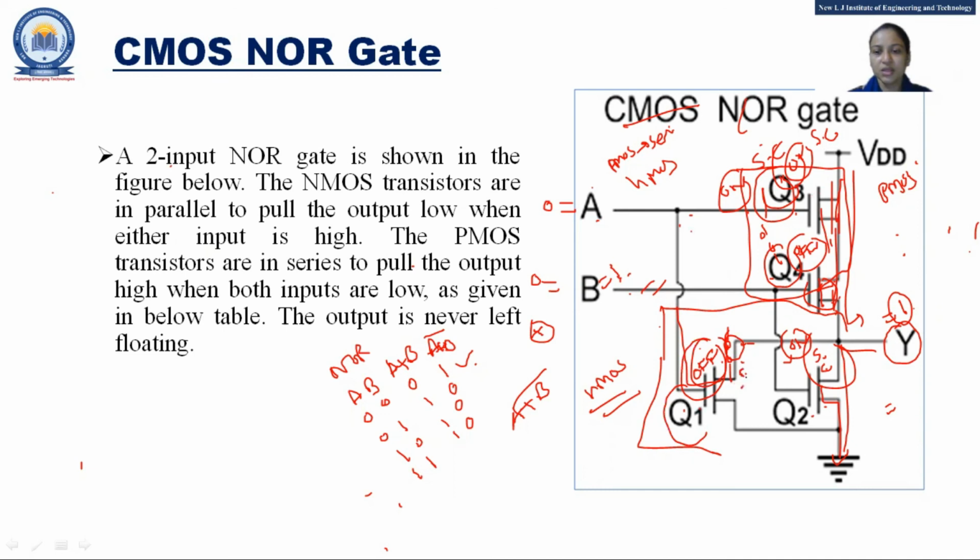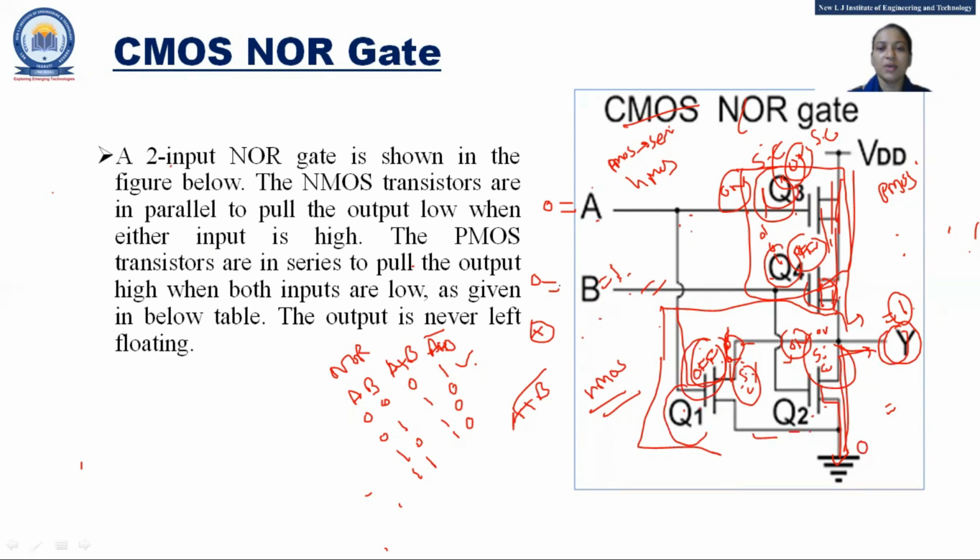in parallel it is a short circuit, and on, that is an open circuit. Now this is connected with the ground, so 0, so 0 will appear at the output. So if either of the inputs is 1, we get the output as 0.